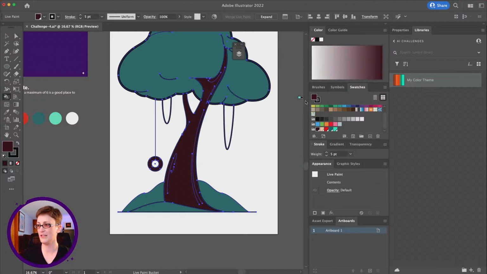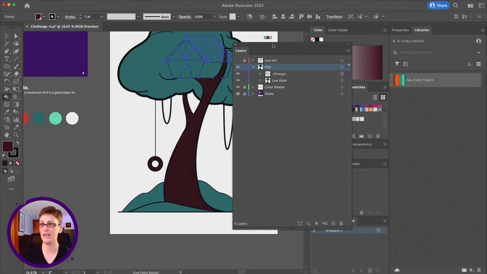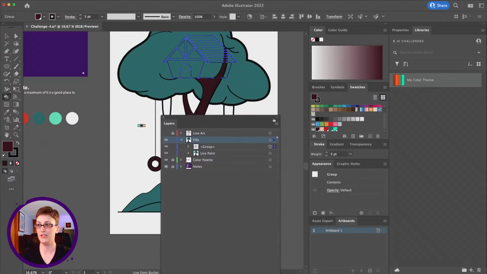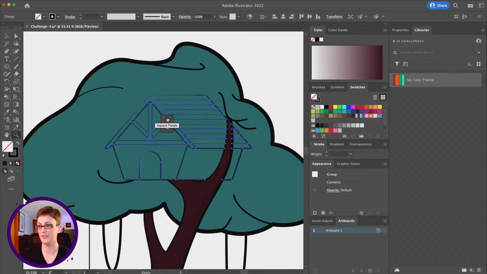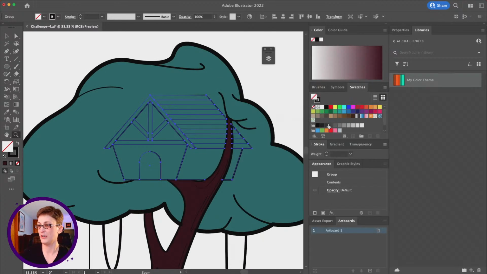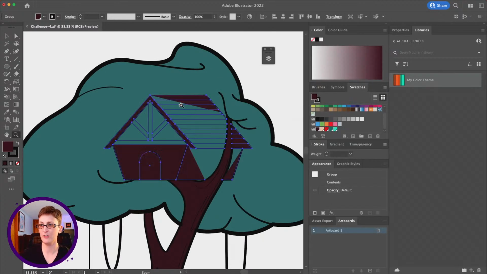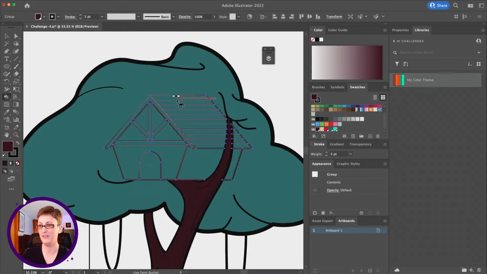Okay, now I'm going to go back to my layers panel, which I minimized, and we're going to click on those arrows to open it up again. We're going to click on our little eyeball to show our treehouse. Now we can zoom in here, and we can start to fill in our treehouse. We'll move this out of the way. There we go. All right, so I'm going to grab my brown again, and, whoops, I have to make a live paint. Click on the Live Paint tool first. Then I'm going to grab my brown, and I could go through here and fill in these